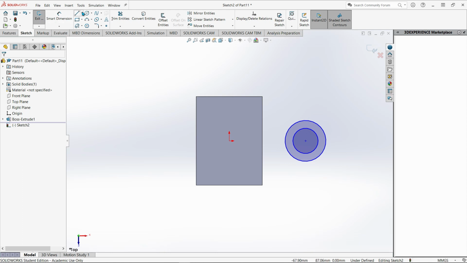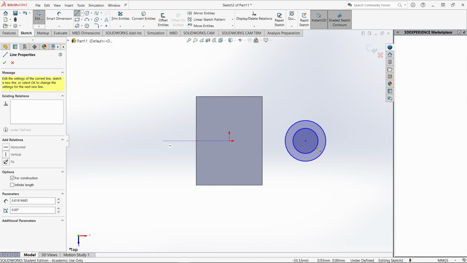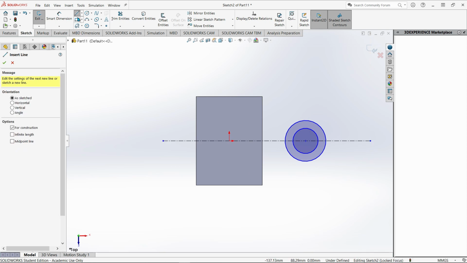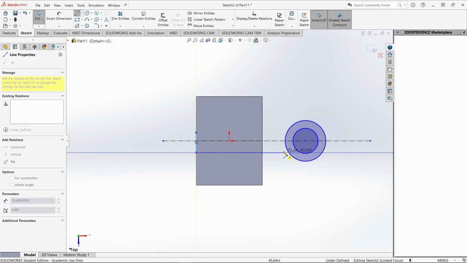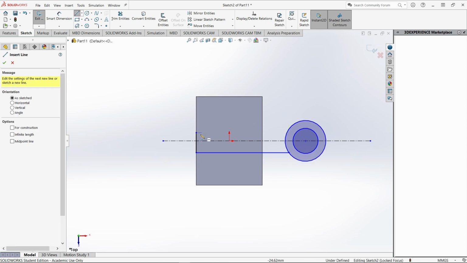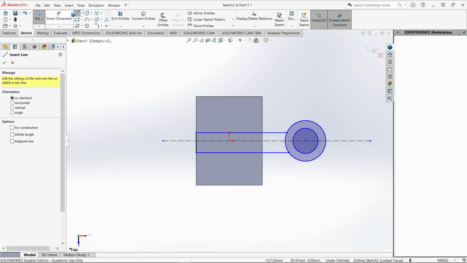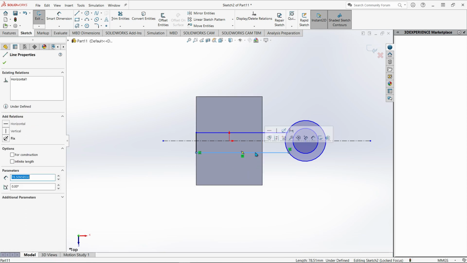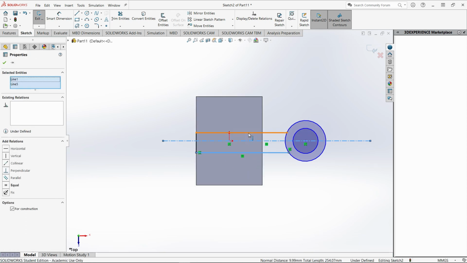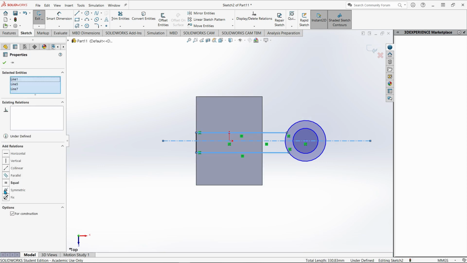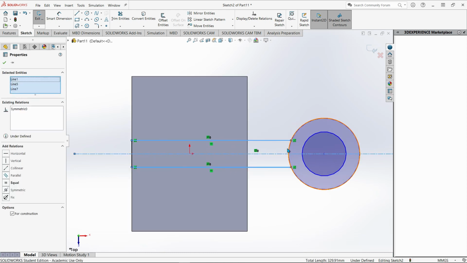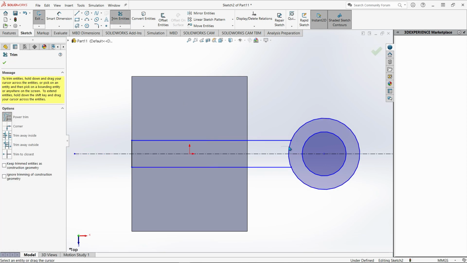I will create another construction line. And I'll create this particular feature over here. Now let me give it some relations. Control hold, select the construction line and the other line, and I'll say that they're symmetric. So as you can see, that's very much symmetric. As you can see, I need to get rid of these lines in order to make it a complete solid. So here,